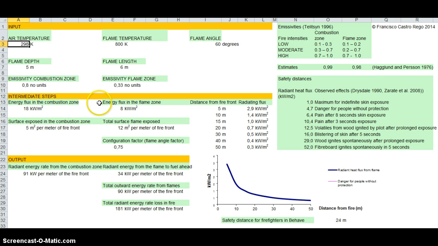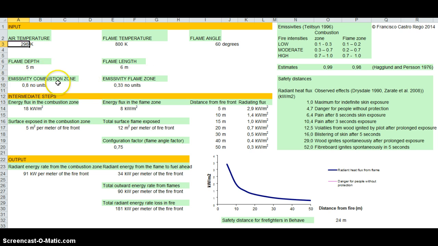So just for a small example, we could try to see what kind of inputs we should have, and it's clear that there are some inputs that are difficult to have: emissivity of the combustion zone and emissivity of the